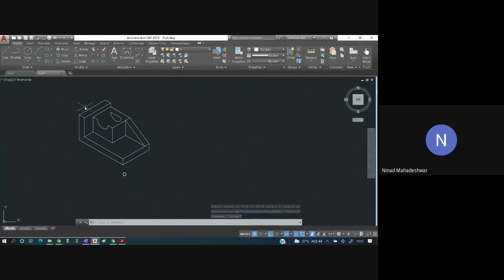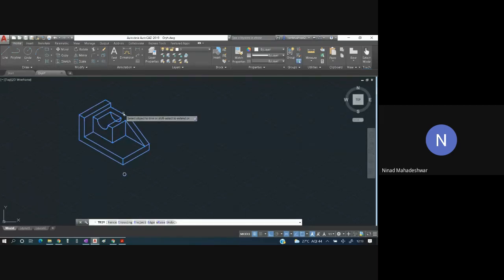We have to join from this end to this end, and from this end to this end. Can you see this N over here from the top? Yes, sir. Now once that N has been done, Control A, I will trim this small portion.